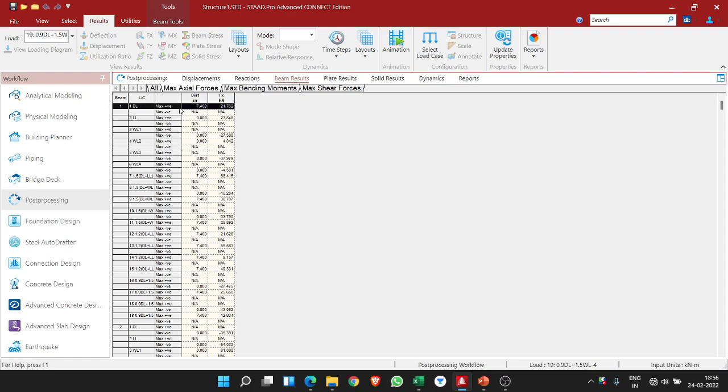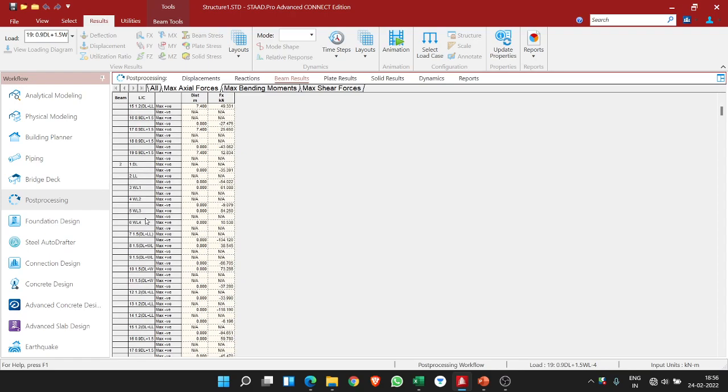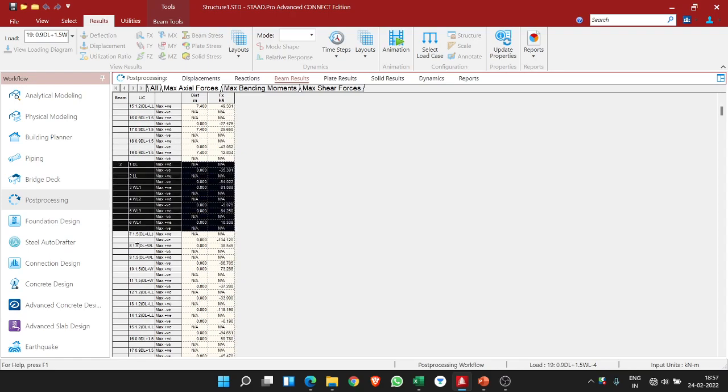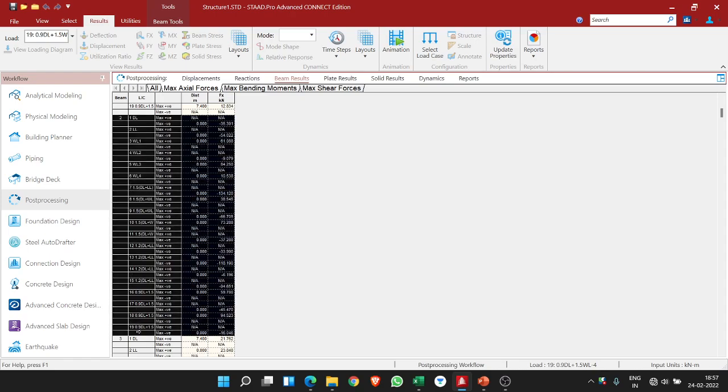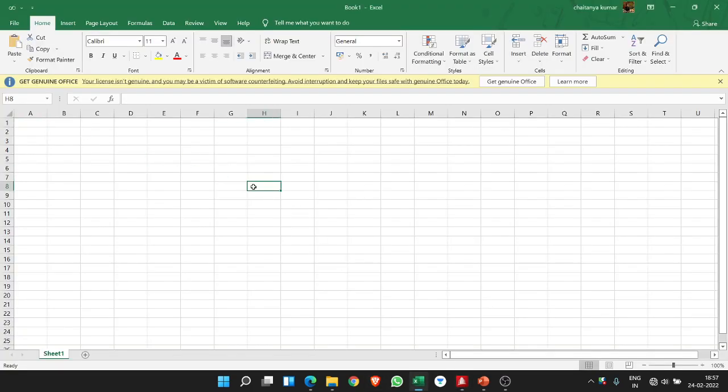So maximum positive or negative forces, right? It will give only the axial force. So you can copy and paste this. Suppose for beam number 2 I am taking, copy and paste only member 2, one member at a time. Copy, Control C, open Excel,